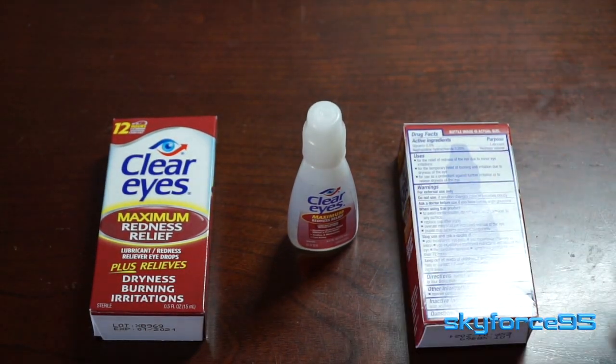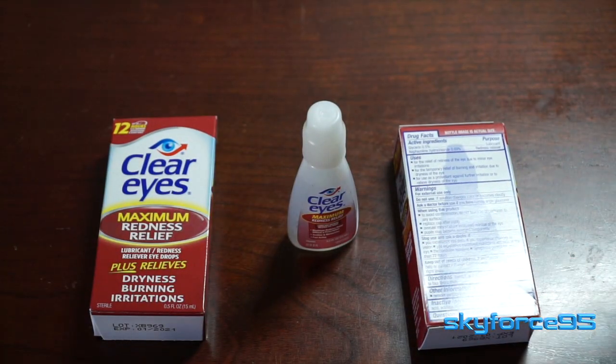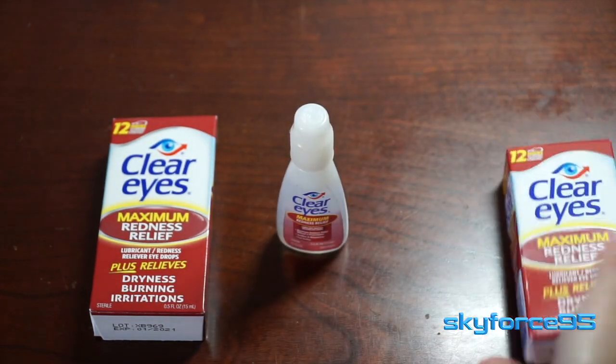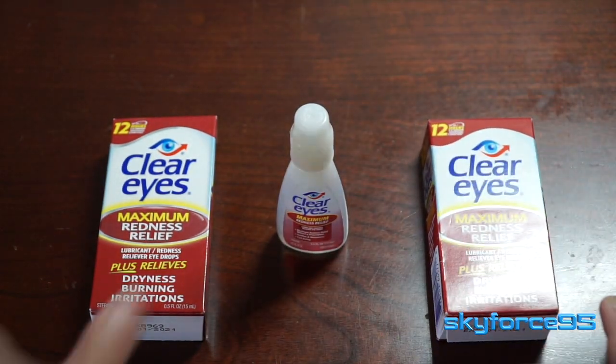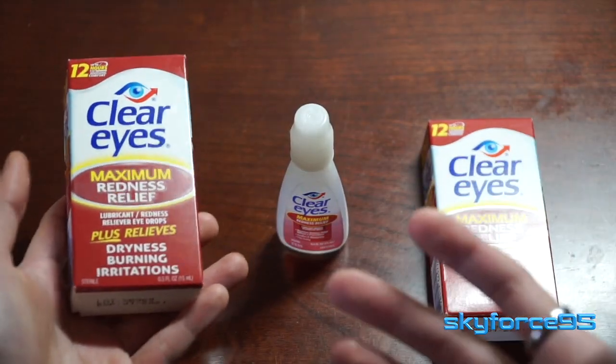I think going to my local pharmacy, if I were to buy the same amount, it would be pretty much double the price, around like $20. So this is definitely a good value to just buy it off Amazon, and you don't need any kind of prescription to buy this. What it's advertising for is to help relieve any of that dryness, burning, irritations, especially